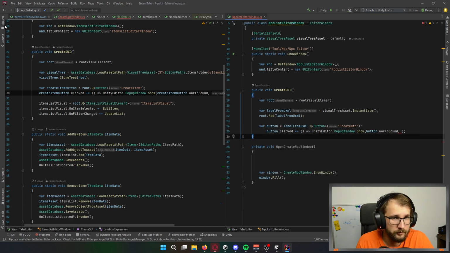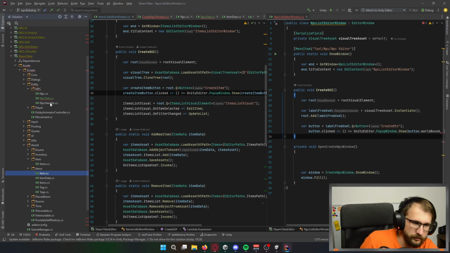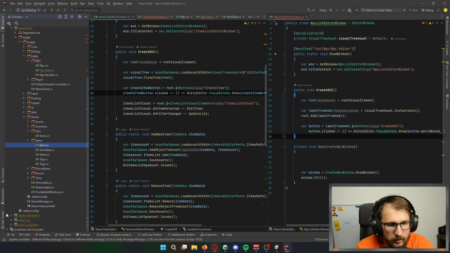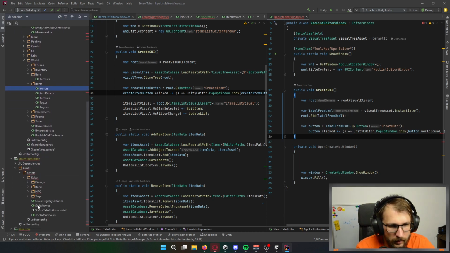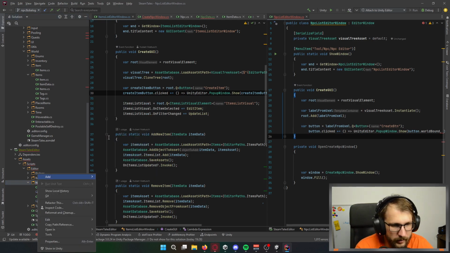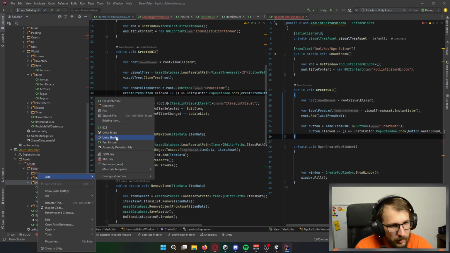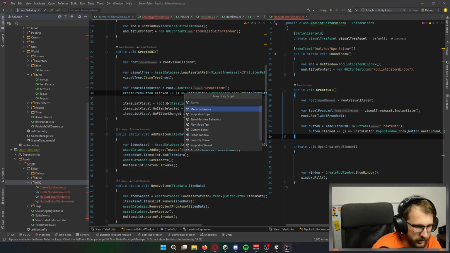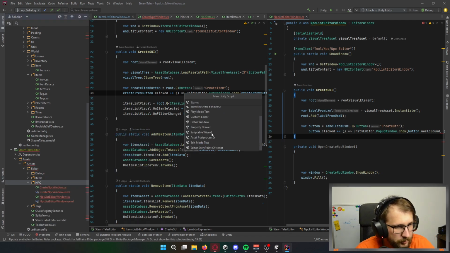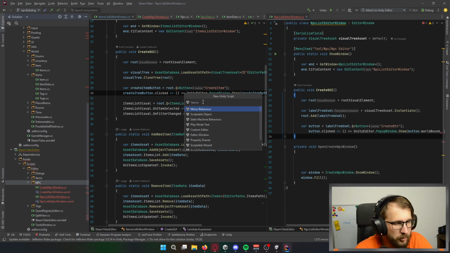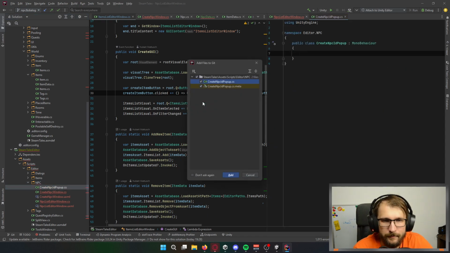I can work with it. So in my editor here, in NPC, I can create. I can use Unity scripts. This will be called create NPC ID pop-up.